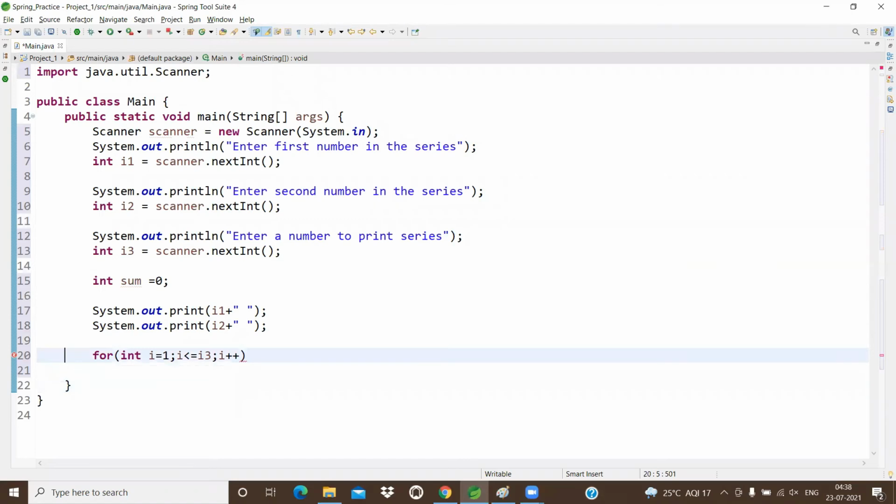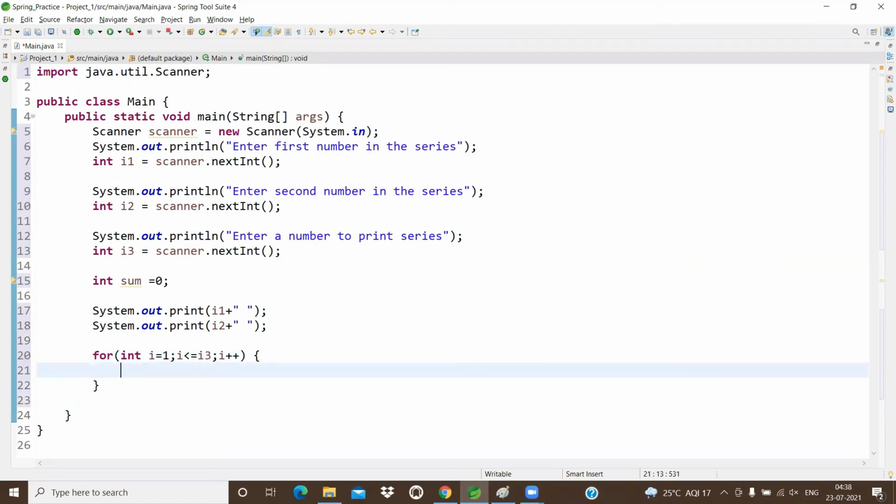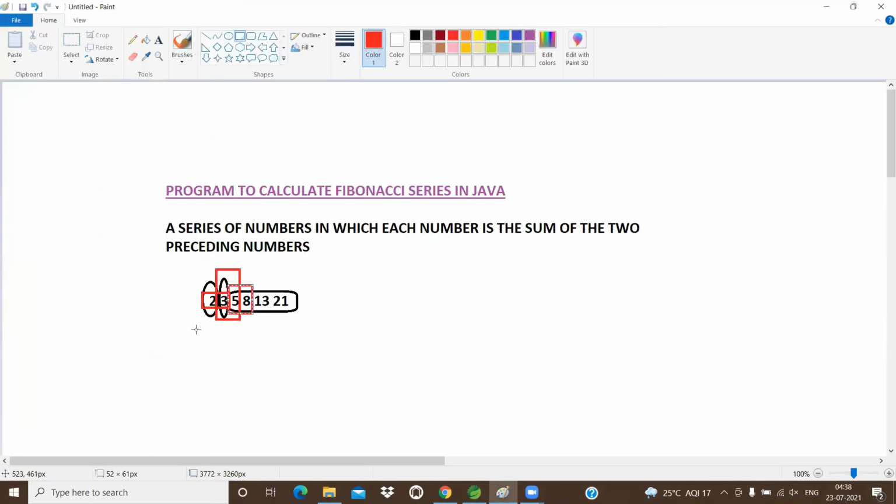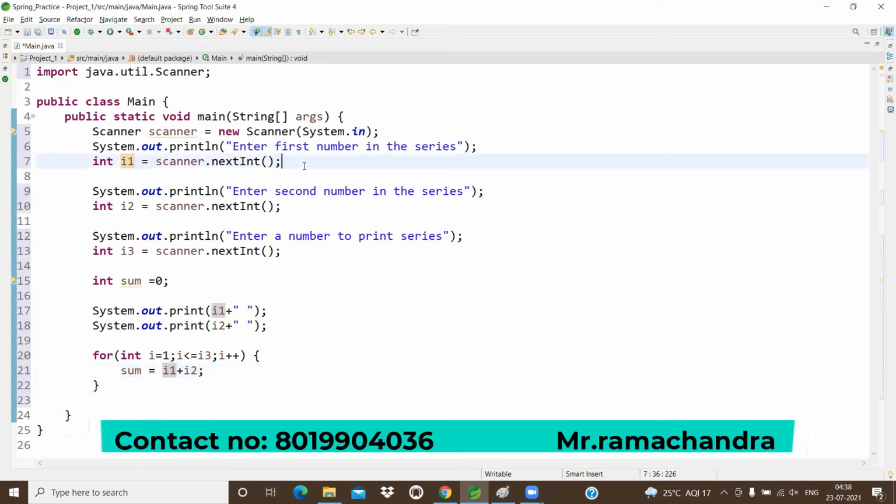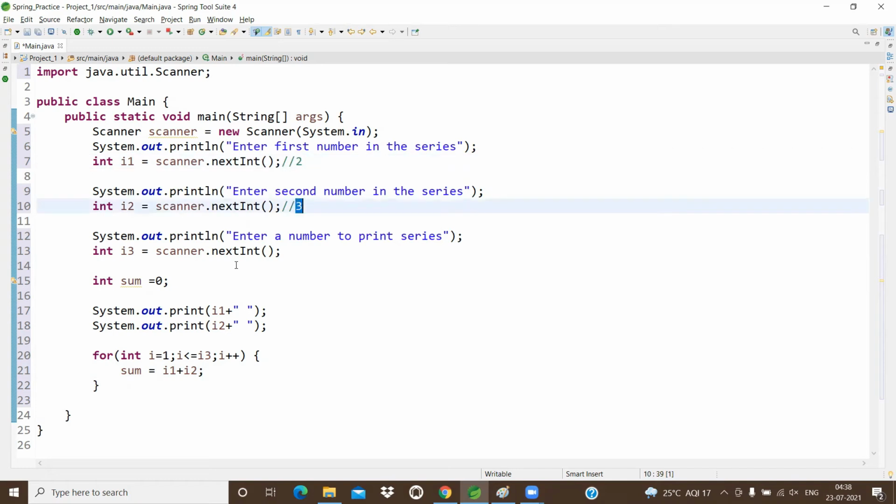Now, observe guys, first what we have to do: sum of the first two numbers, i1 plus i2. This sum I'm storing into one variable, that is sum. According to our example, i1 value is 2, i2 value is 3. So 2 plus 3, and up to how many numbers do I want to print? 5 numbers.